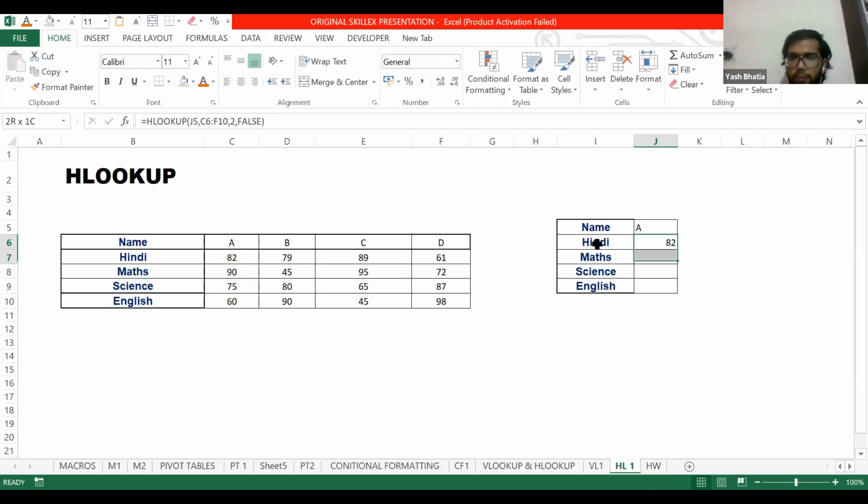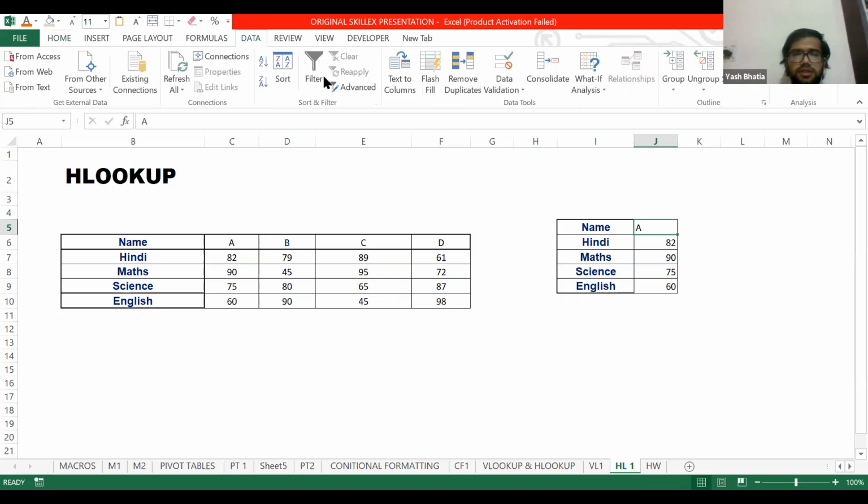Now we can copy the formula downward. It's completely working without referencing. And now one more small feature: we can use data validation to create dynamic tables. Here, select the cell J5. On the Data tab, select the data validation tool.